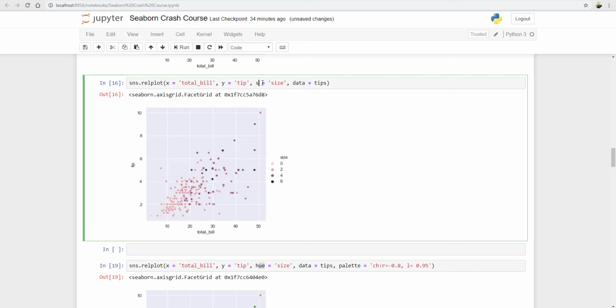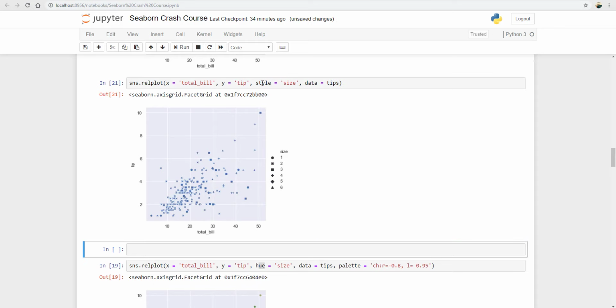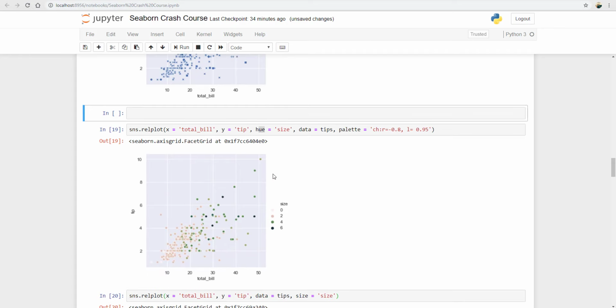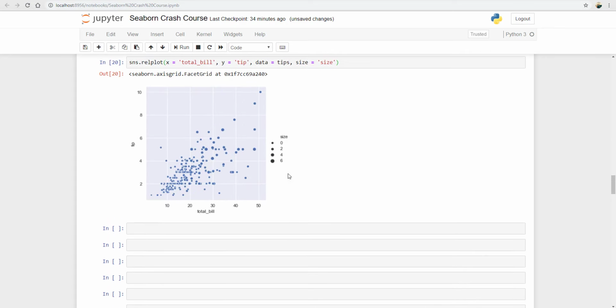we can go ahead here and type a style. You see here with the style, now it is changing. So these are the different hue, size, and style. Hue changes the color, size changes the size of the objects, and style changes the style of the represented object. Okay, perfect. Now let's go ahead